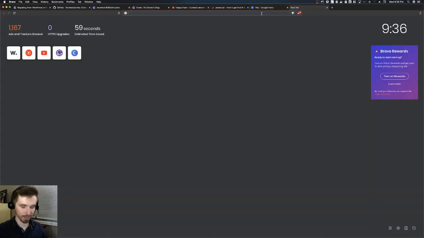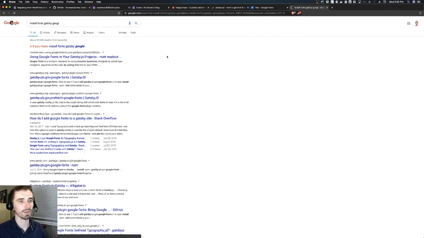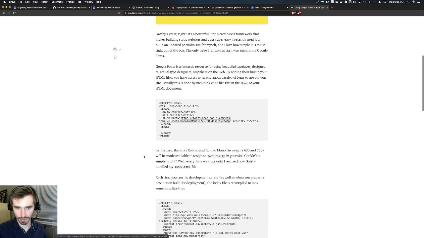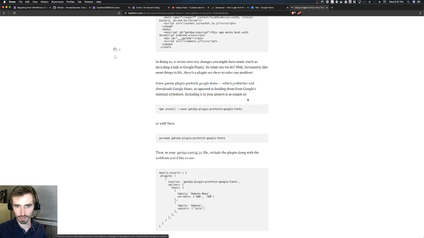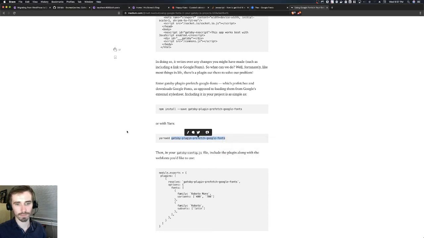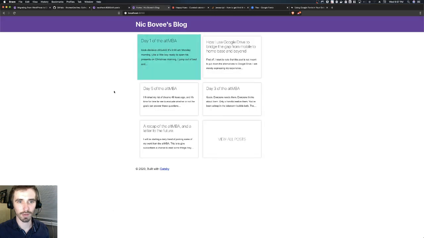Let me Google really fast. Install fonts Gatsby Google. Pretty sure there's just a plugin that you can use. Yarn add. Okay, so it's back up. Did it actually do what it said it was gonna? Did it actually go fetch the